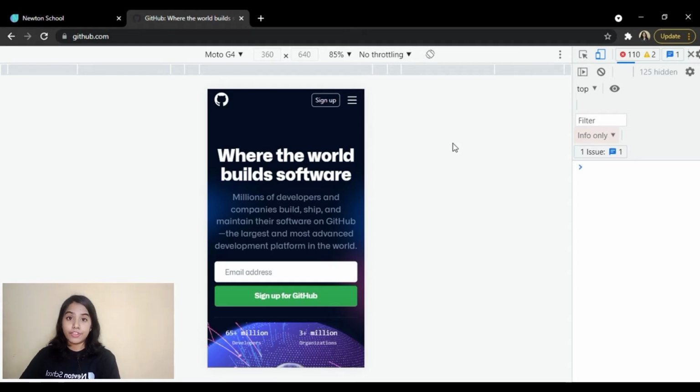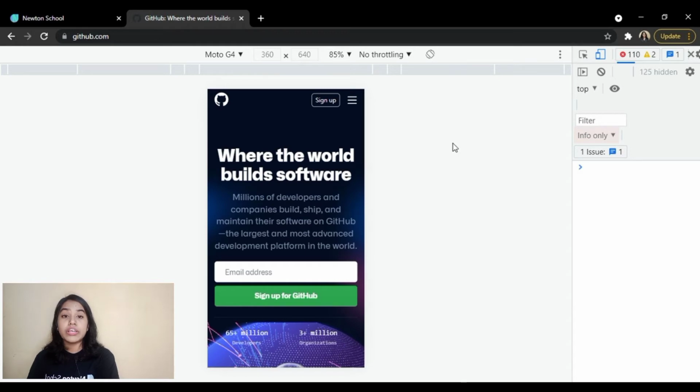Adding flexible images as per the device. For example, if you use the picture tag, which is in HTML, it is a very simple tag, and from that you can decide on which device or which screen size a particular image should show, right? Otherwise, if the bigger image is seen on the smaller mobile view, then it won't look good. So as per the device and the size of the screen, you can adjust the image.